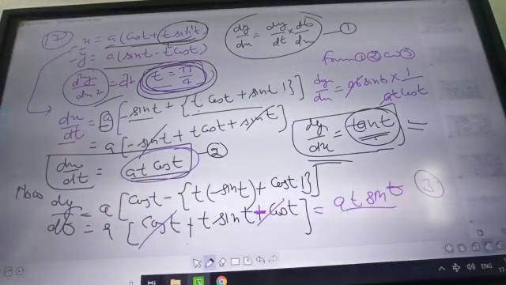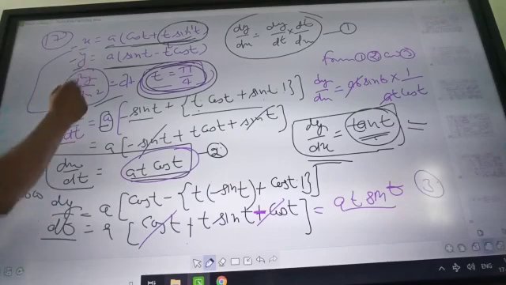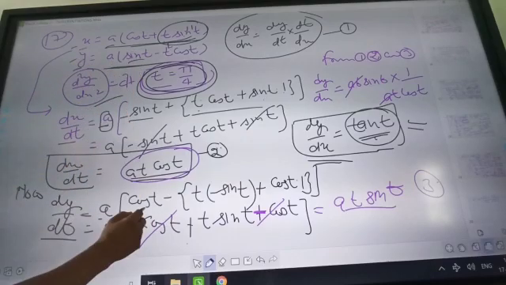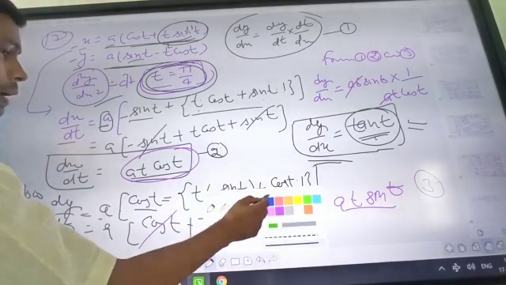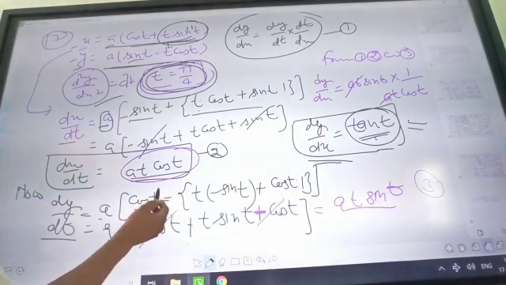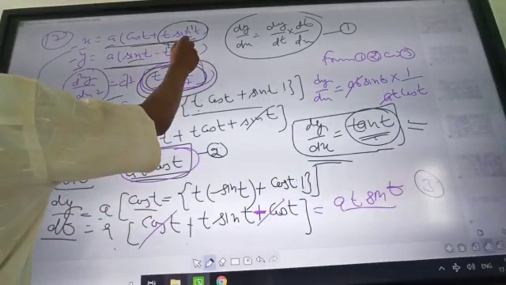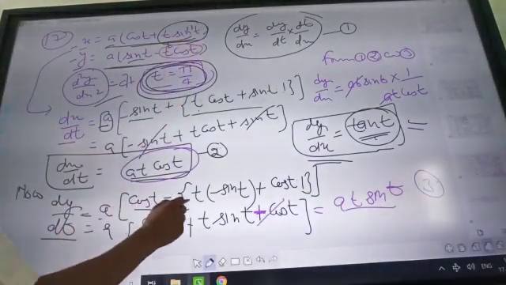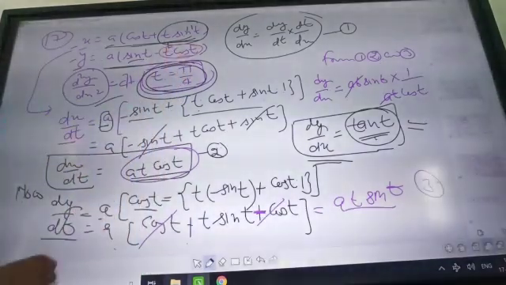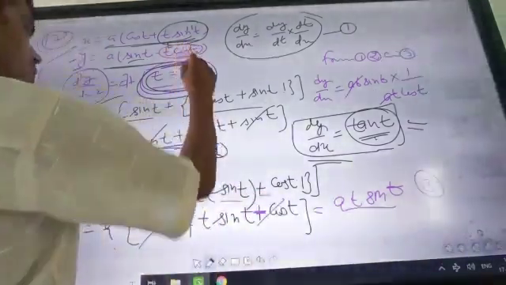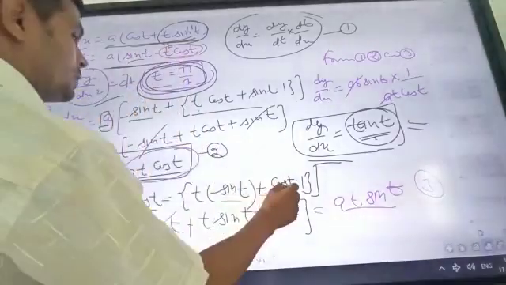Is it okay? Now you will calculate dy by dt. What is dy by dt? Y is this one, so you will calculate dy by dt. Same process, a will remain as it is, the derivative of sin t will be cos t minus, here we will use the middle bracket because here we have to apply the product rule again. So first function as it is, derivative of the second function, the derivative of cos t, will be minus sin t, plus cos t will remain as it is, derivative of the first function, t, will be 1.